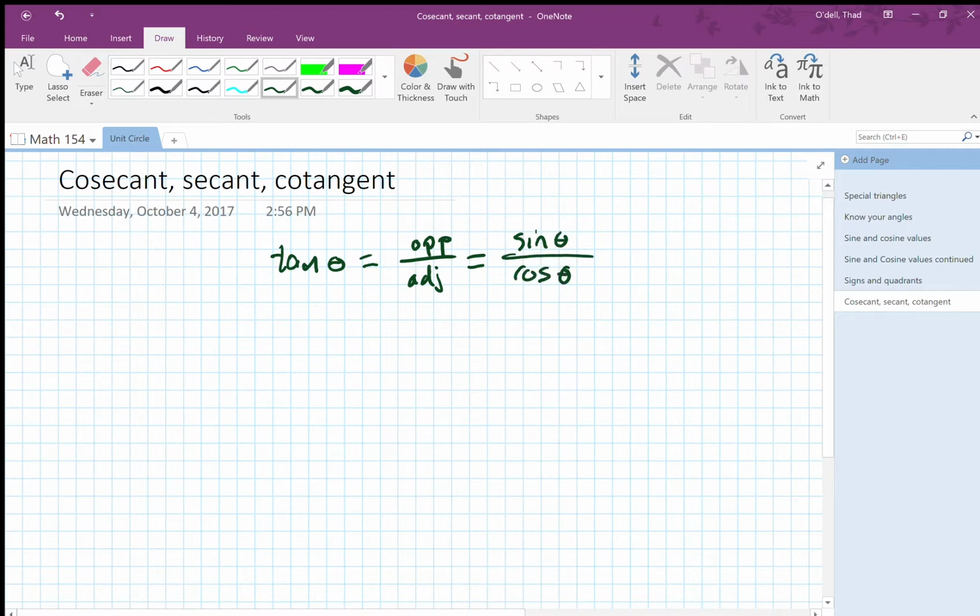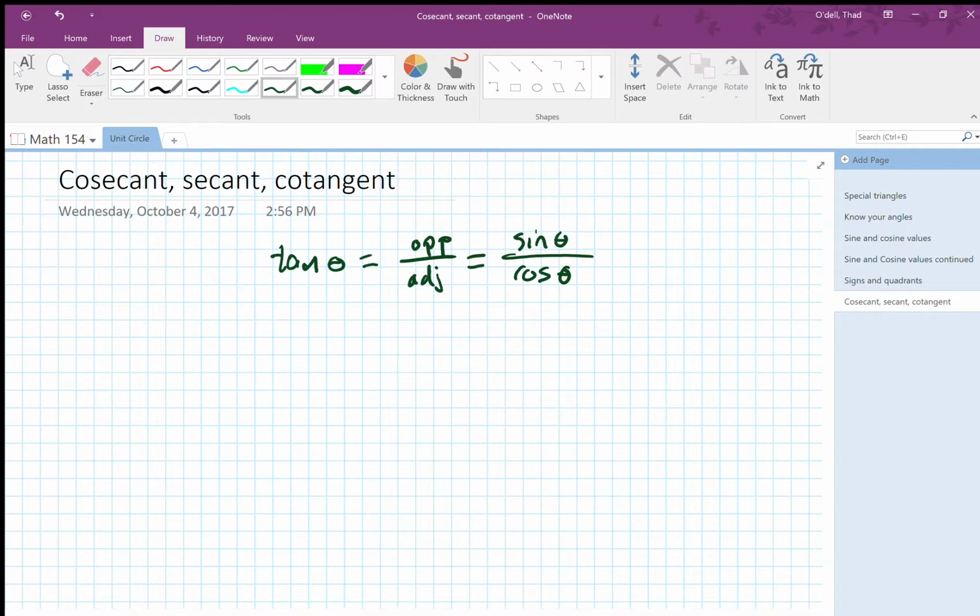And so it's good to know how these three trig functions are related to sine and cosine. So the cosecant, secant, and cotangent are all called the reciprocal trig functions because they're the three main trig